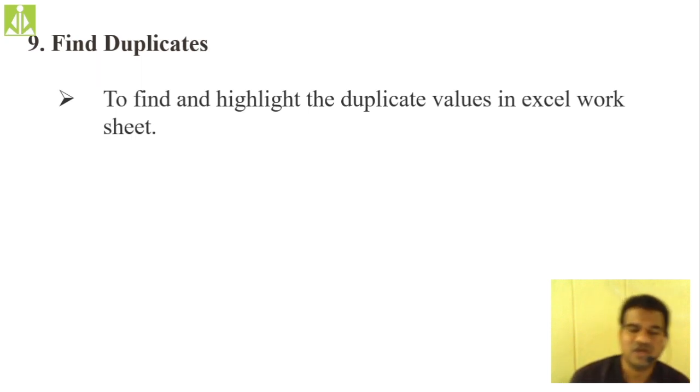Yes, we did this one in our previous session only. I have shown you how we can find the duplicates. Simply go to conditional formatting, then highlight cells rules, and in that you have the find duplicates option. Simply select that option. It will automatically highlight all the duplicate cells for you, and you can do the deletion of redundant cells from there itself. Hopefully you understood that one.